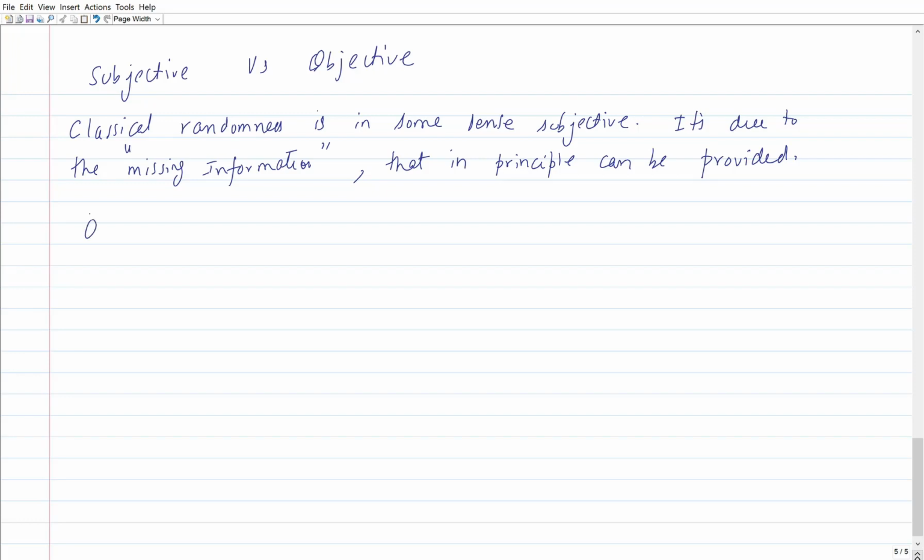Whereas quantum randomness is something inherent, something intrinsic to the system. And the essential part is that this randomness is random